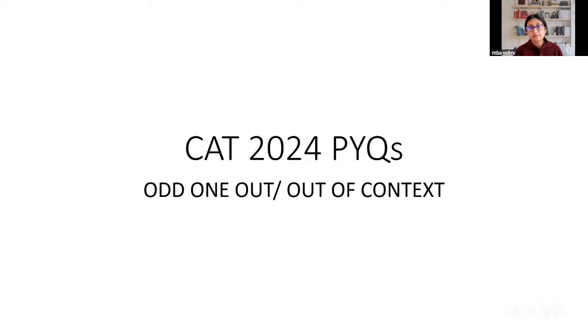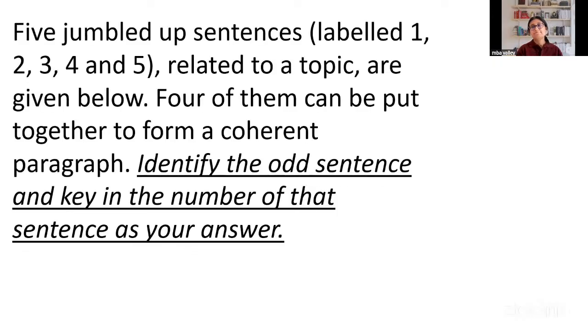look at the directions of the questions. 5 jumbled up sentences labeled 1, 2, 3, 4, and 5 related to a topic are given below. 4 of them can be put together to form a coherent paragraph. Identify the odd sentence and key in the number of that sentence as your answer. Now, there are 2 things that one must understand and remember, especially if you are a